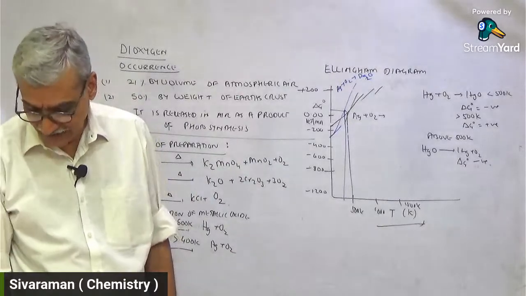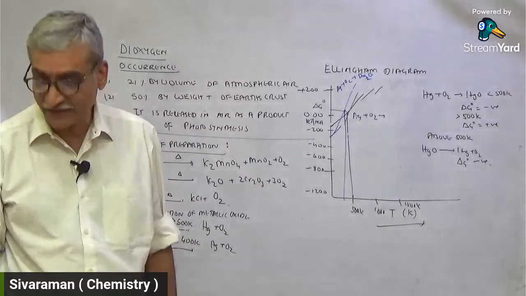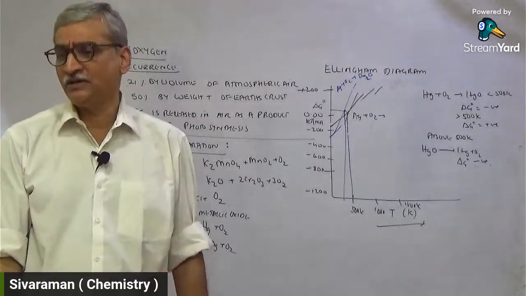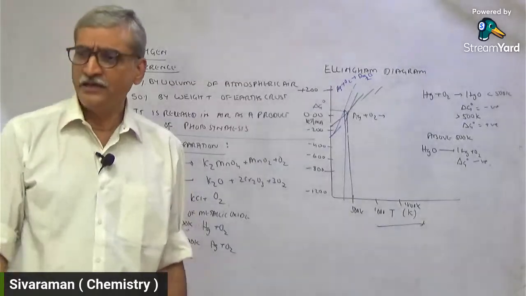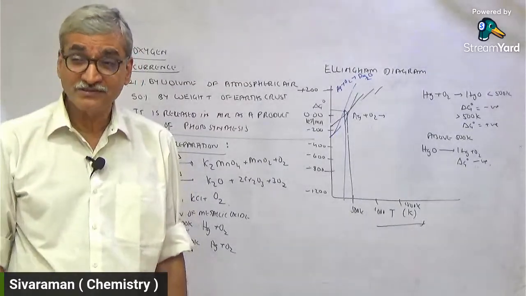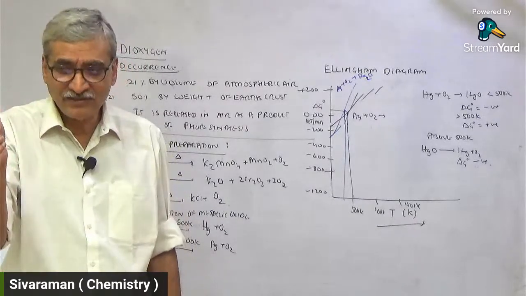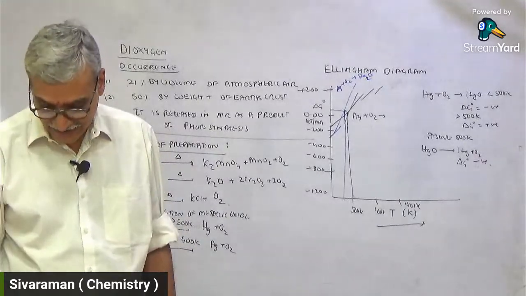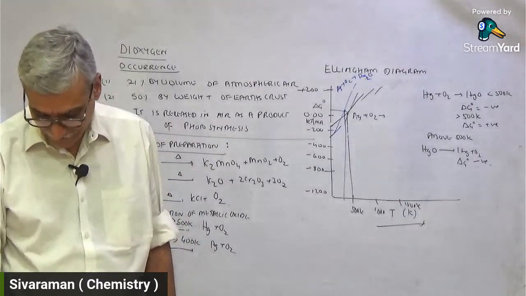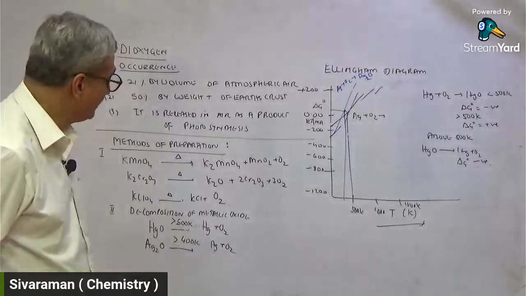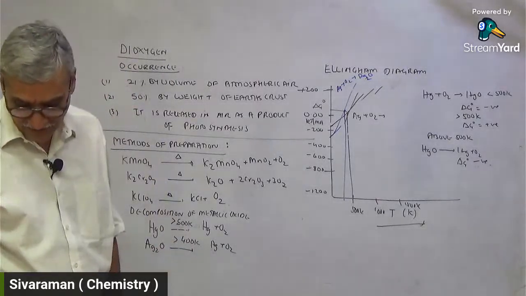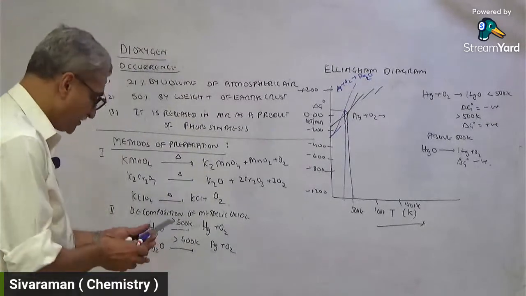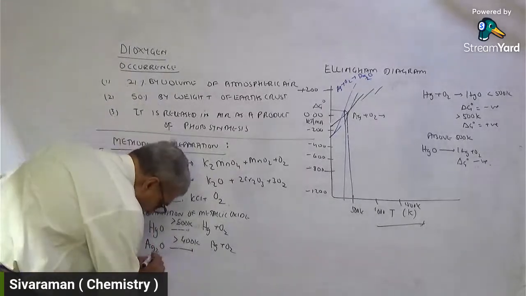Why do certain metallic oxides, when you heat them, just decompose to form oxygen? Like iron oxide, Fe2O3, does not decompose, but mercury oxide decomposes because at that temperature and beyond, the backward reaction, the decomposition, has a negative free energy change. That is the logic. So in this category you will have silver oxide, lead oxide, barium peroxide, and manganese dioxide. Is this clear? So manganese dioxide also decomposes when you heat it. So here, manganese dioxide,